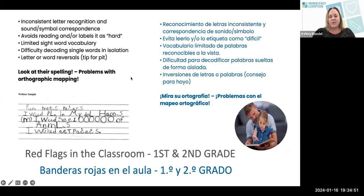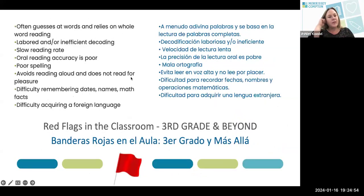If we think about the nature of school, when we move to third grade, and you hear people say this, we're no longer learning to read, we're reading to learn. And I think that's a really important thing to keep in mind because the nature of instruction changes. If you are a child that isn't reading, you really are going to be left behind in the general education setting without some kind of support. And so, as we see older students, we see a lot of bright students who aren't identified as having learning challenges or dyslexia